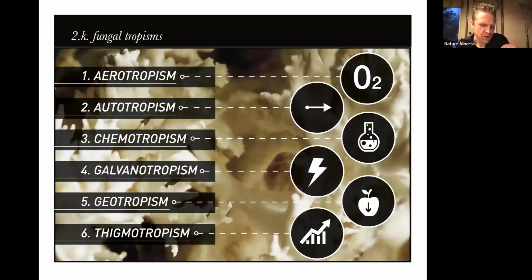So tropisms are usually associated with plants, think sunflowers turning towards the sun. Fungi also display this form of responsive motility. Some of the tropisms that affect fungi growth patterns are aerotropism, which is a growth response to oxygen, autotropism, which is a tendency to grow in a straight line in the absence of other tropisms, chemotropism, which is a response to chemical stimulus, galvanotropism, which is a response to electrical stimulus,